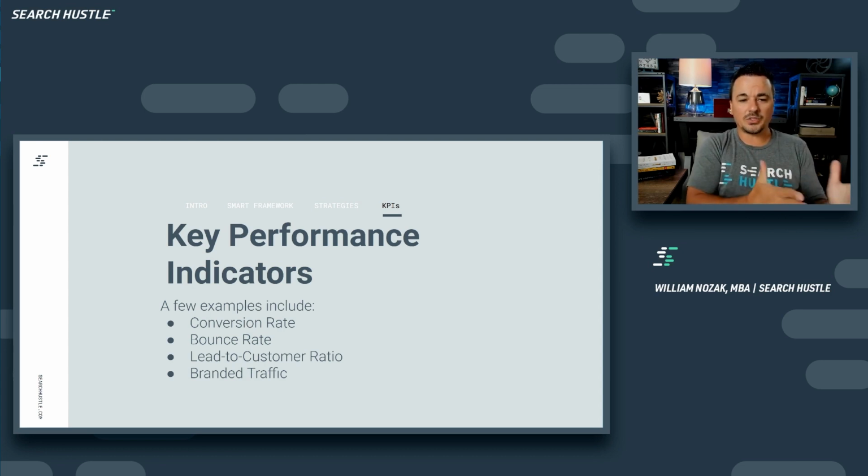And then our lead to customer ratio. Does it take me 100 clicks to get 10 leads? Does it take me 10 leads to get one customer or one sale? How can I go from 10 leads to 2 sales? What can I do in the sales process? Branded traffic, that is, people that actually go to Google and put your company or your service or your product name in. What is that branded traffic load? How do we increase more of that?